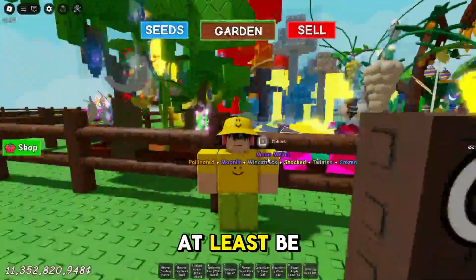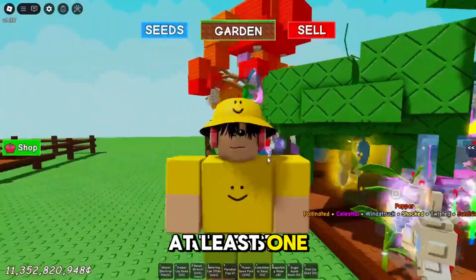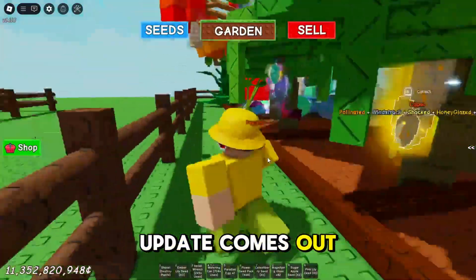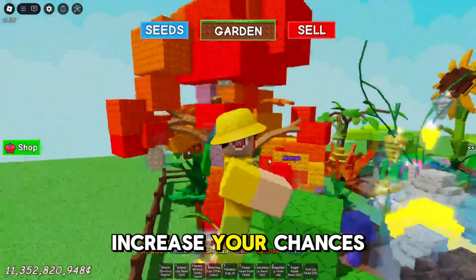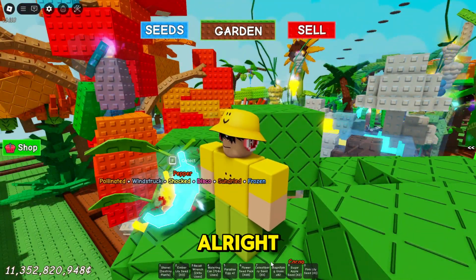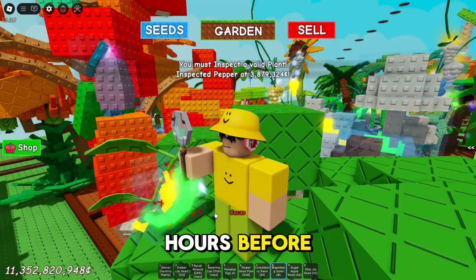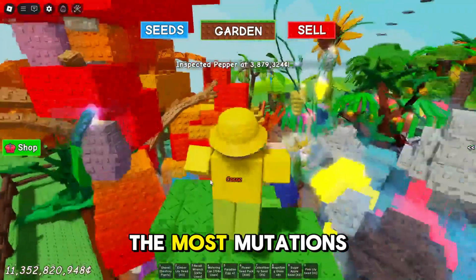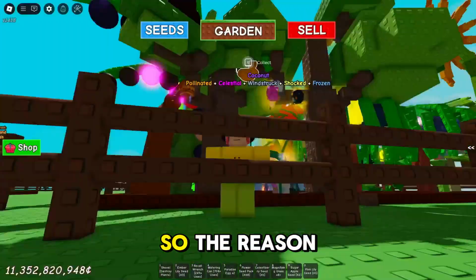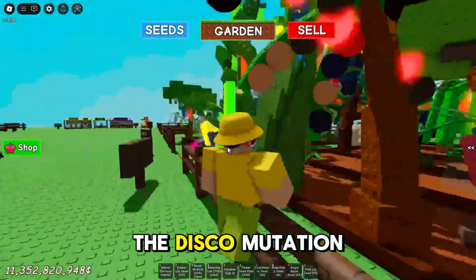You want to at least be inside of the game at least 1 hour before the update comes out. However, if you want to increase your chances the most of getting the disco mutation, what you could do is join 2 hours before, and that will give you the most mutations possible, guys. The reason is because the only way to get the disco mutation